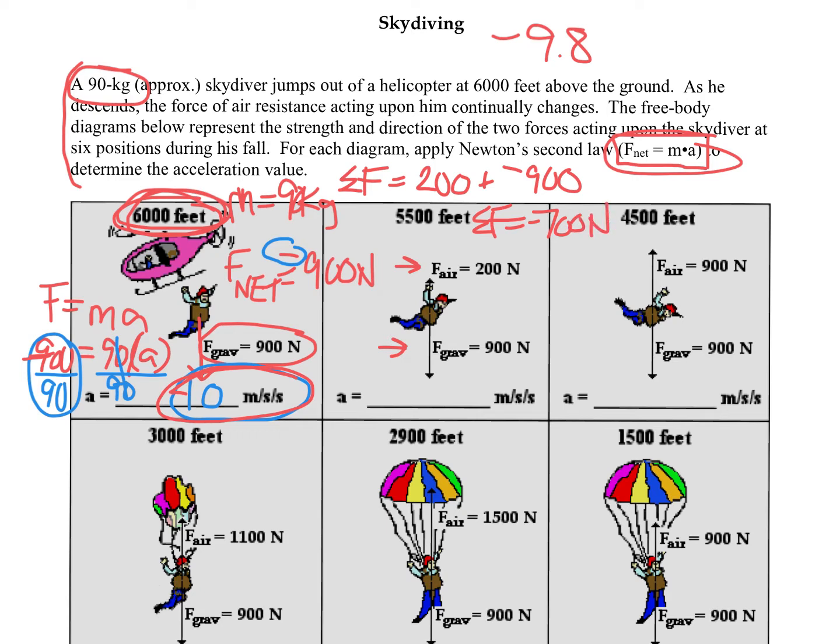Now that I know that, can I plug into my equation and solve? Yeah, absolutely. Because we know that F equals ma, my net force, F net, is going to be equal to mass times acceleration. Net force we just figured out was negative 700. My mass is 90 and my acceleration is a. All I have to do, just like I did with the first part, is divide 90 into the negative 700. And what do I end up getting for my acceleration? Negative